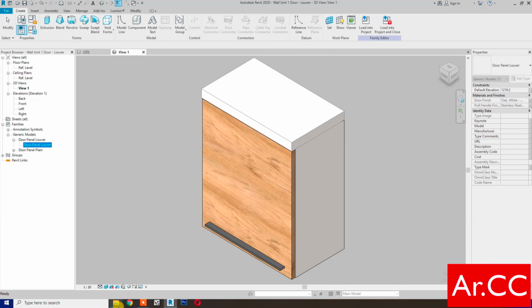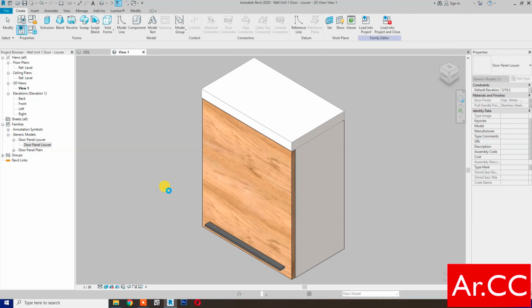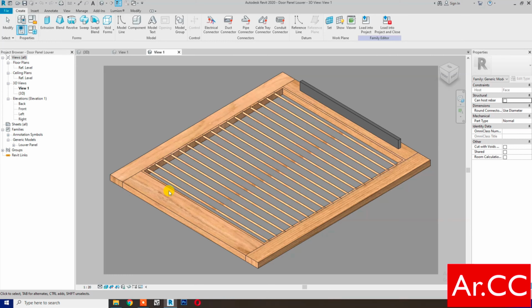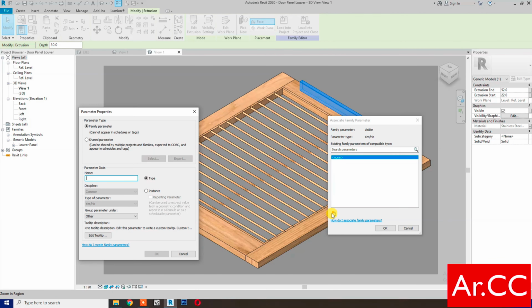Okay, next, open door panel louver from our previous tutorial. Open, select the pull handle, go to properties, graphics, visible, pick the button, create new parameter, name it pull handle on off. Okay,